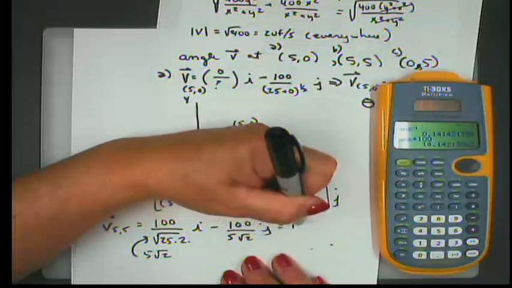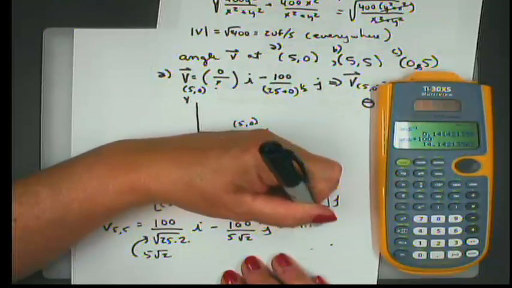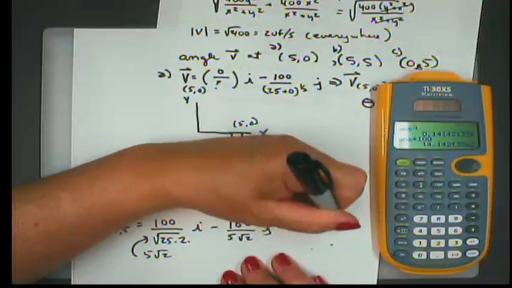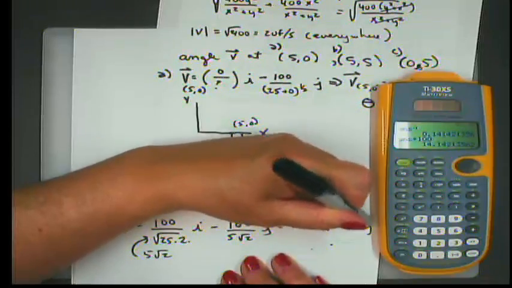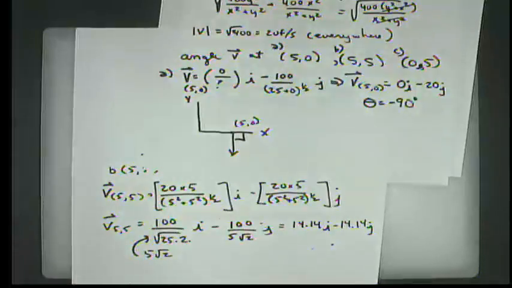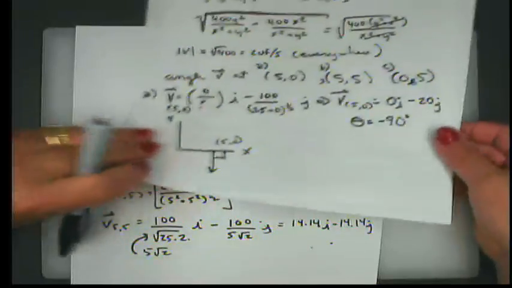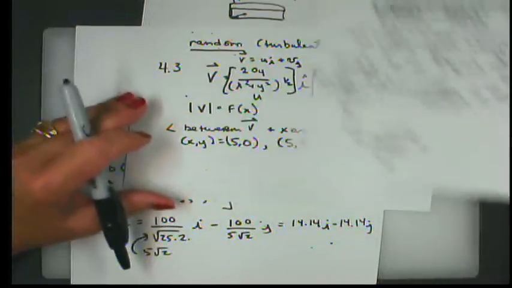So that's about 14.14 I minus 14.14 j. Okay. All right. So when I plot that on my XY axis,